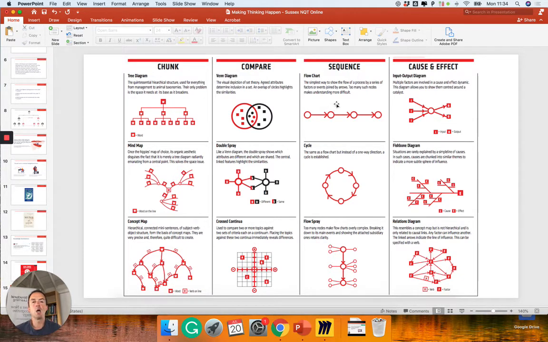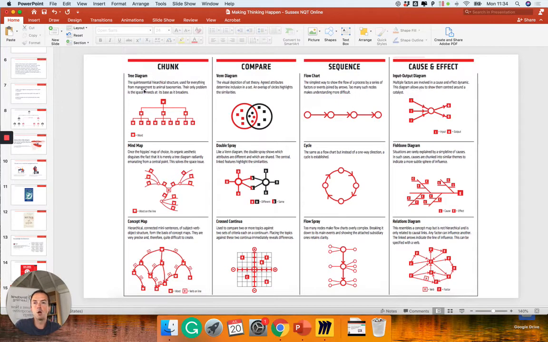And then another one here, sequence. You're basically asking the question, what happened, or what would happen? So you're asking a child to sequence a series of events in order to generate meaning. And what Oliver's talking about here is that there's only effectively 4 types of questions that a child will encounter in school. And I think this is quite profound, because if there are only 4 types of questions that they're going to have,